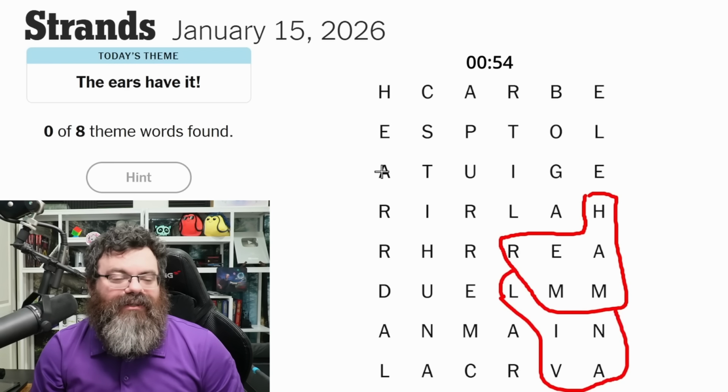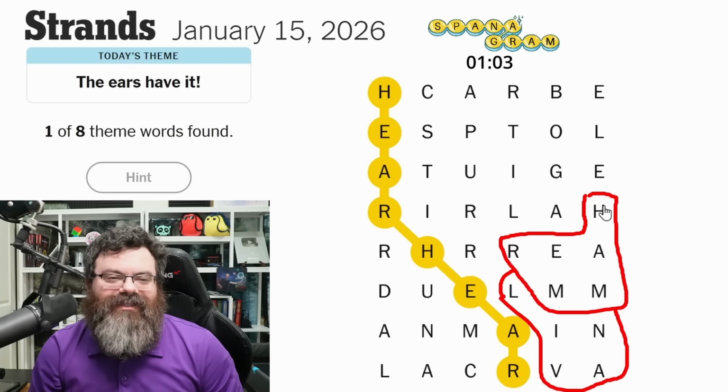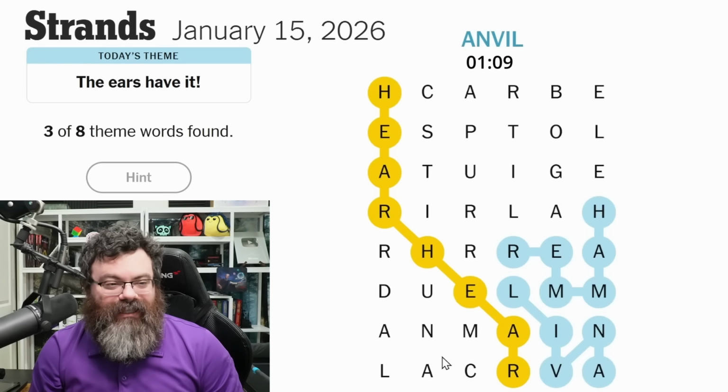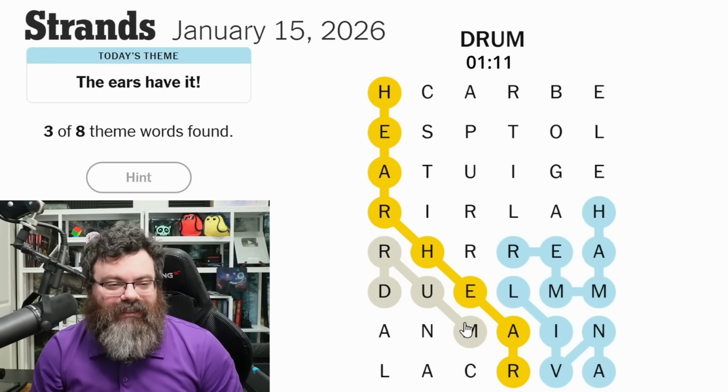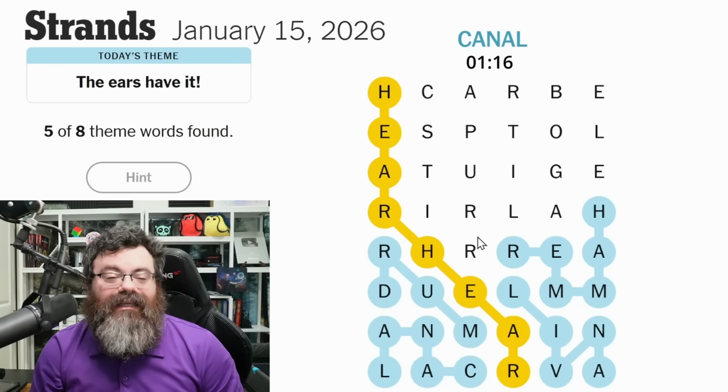Okay, so I think we're doing here, but then what do we go from there? Here, maybe it's here, which is pretty funny. All right, because the ears have it here. So okay, so we've got hammer and we've got anvil. All right, and eardrum, ear canal. There's hair in the ear. I don't know. Oh, what else is